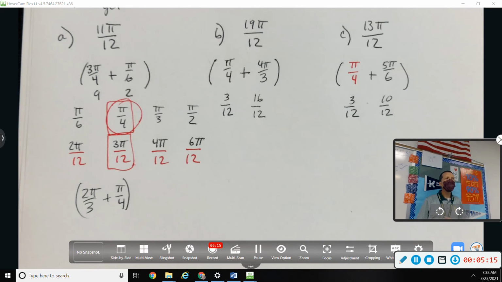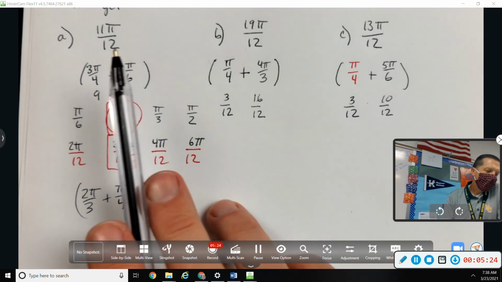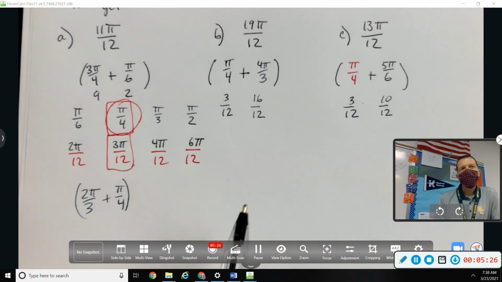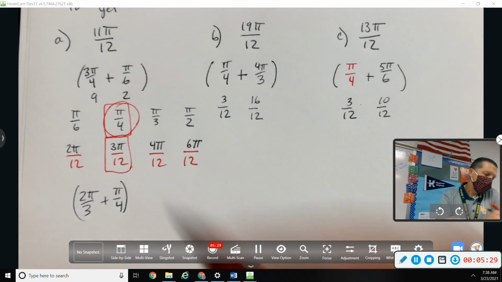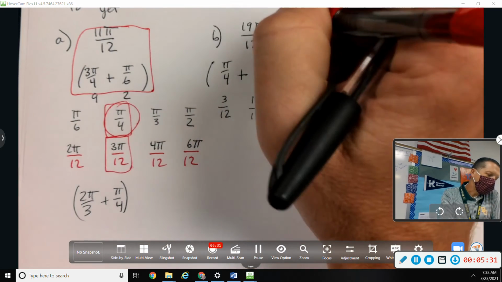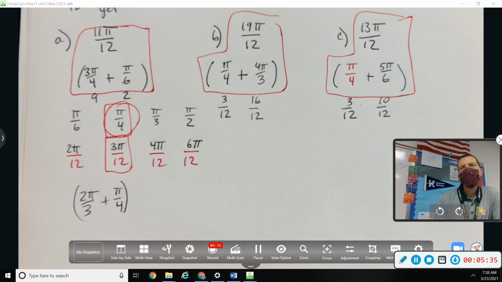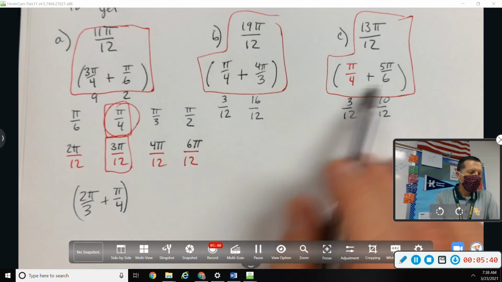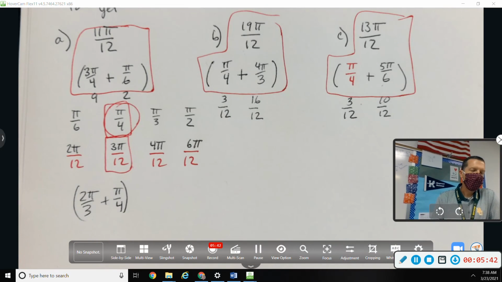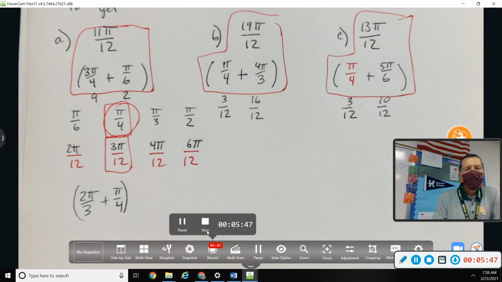And so warm-ups are just to practice splitting up a weird thing that's not quite on the unit circle but comes from unit circle things. And then we could use our formulas to find sine, cosine, or tangent of any of those three things. But this, I feel like, is sometimes the hardest part of the lesson from yesterday, is how do I split up, or how do I turn one angle into two that uses the right pieces. And so I wanted to practice that a little bit more. All right, let's look at